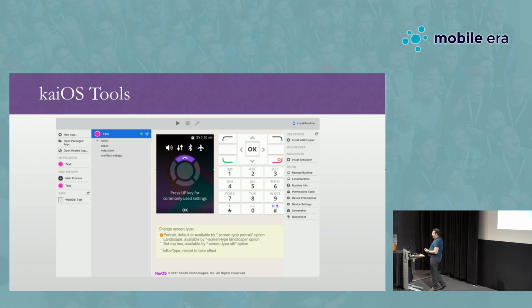Also, if you want to try KaiOS for feature phones, there are some tools available. Just have in mind that we are going back a couple of years in terms of tooling and in terms of what you can do here. It's an old version of Firefox, the one that is being used in those devices. Of course, we are talking about devices that are not even touch. But there are some tools that you can use to package your PWA. There are some conversions that need to be made from the standards to KaiOS, but there are some tools